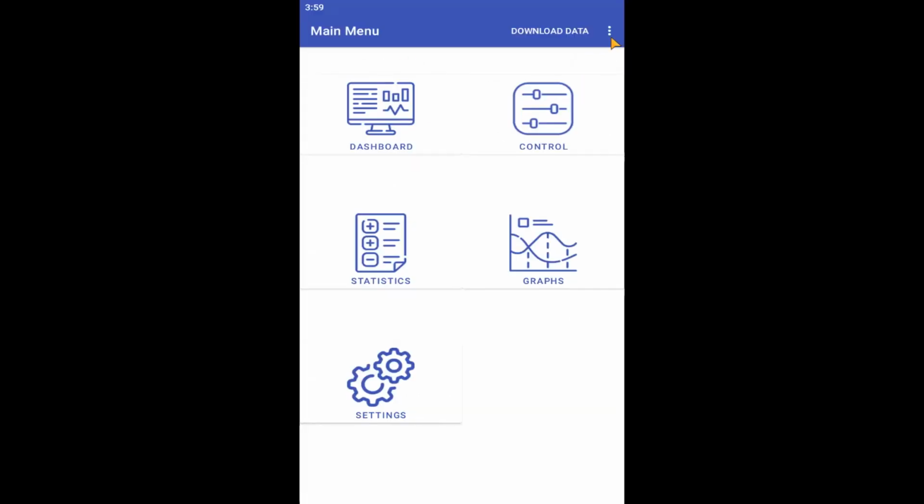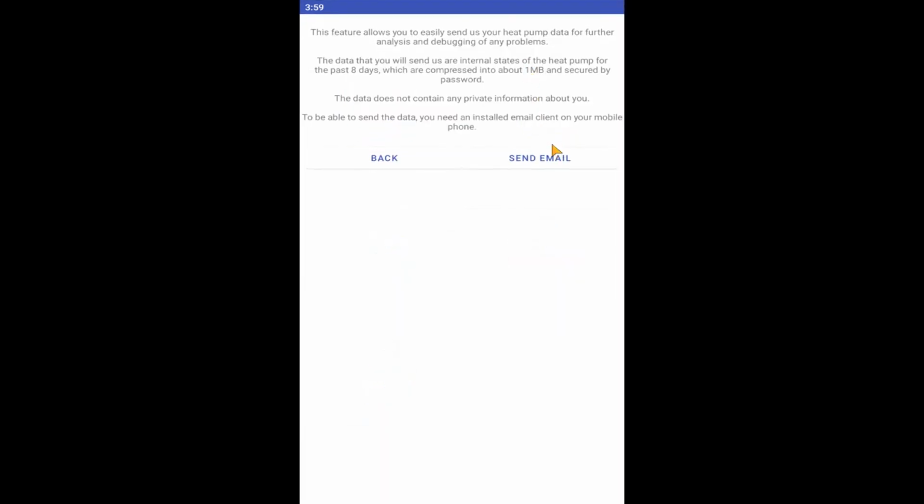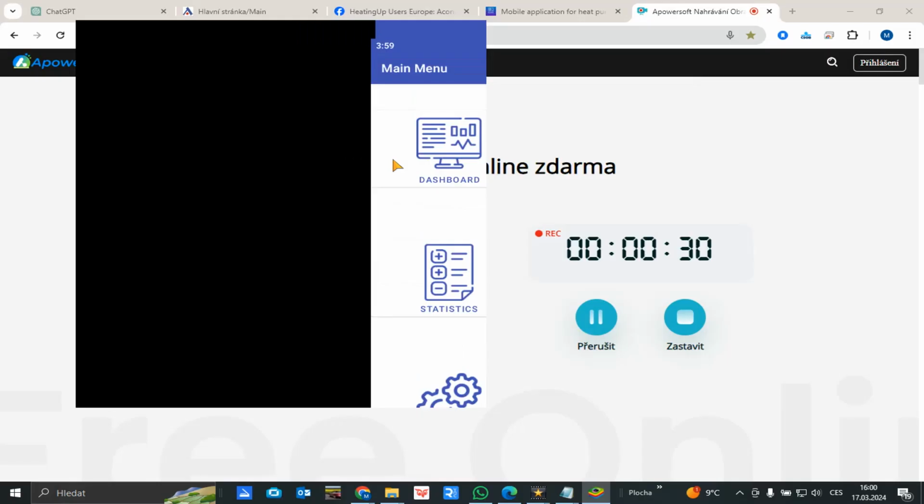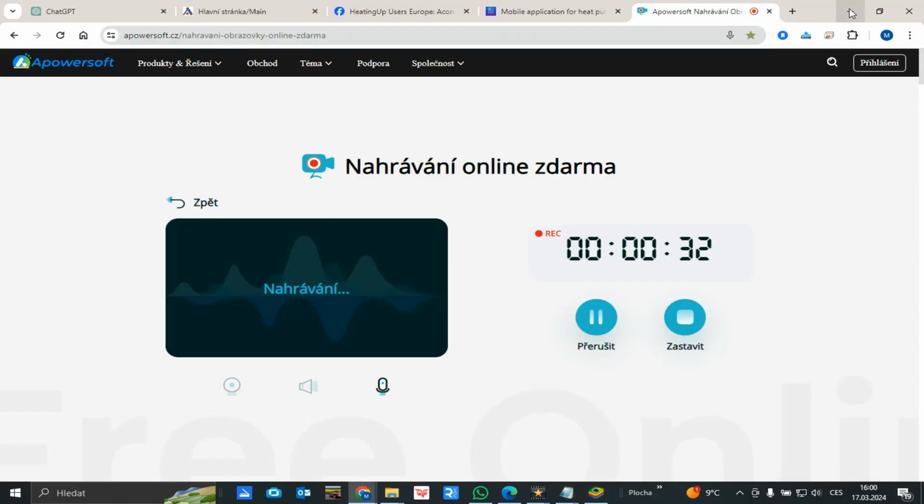What to say in conclusion? Apart from the data export options we saw in the previous chapter, there's also the possibility to ask for developer assistance. This means sending them an email with some raw data, from which the developer can help us determine where the problem lies in the application settings or connection to the pump. We can also attempt to seek advice on the issue with the heat pump itself.